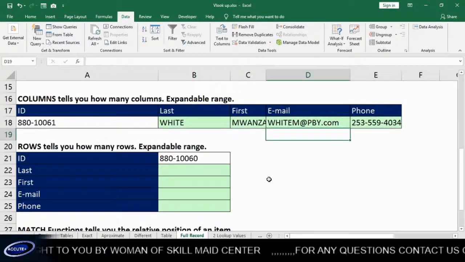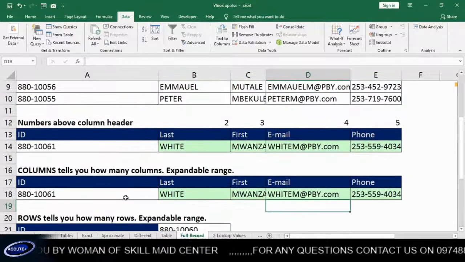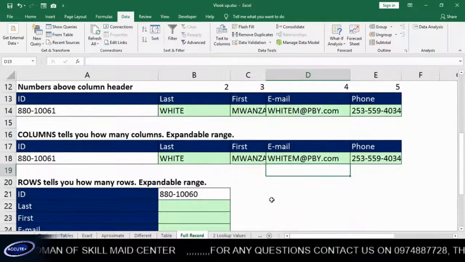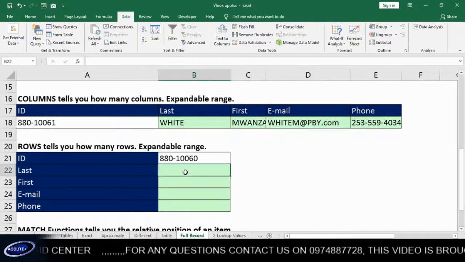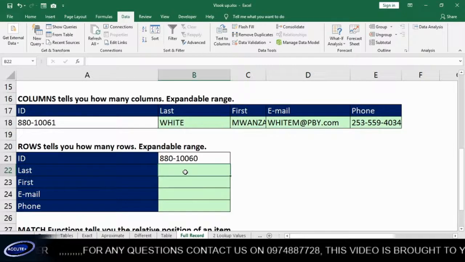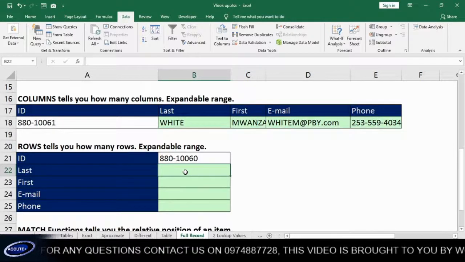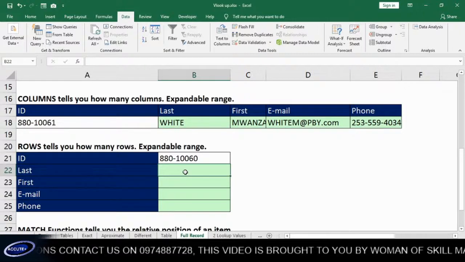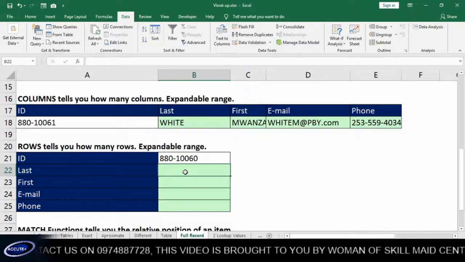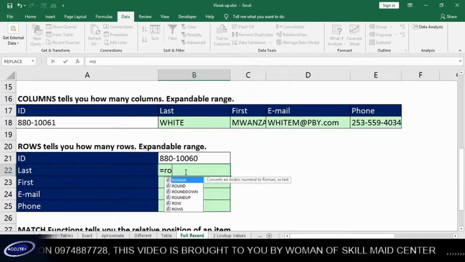Alright, now I've shown you how you can do this in a horizontal manner, but how can you do this in a vertical direction? In a vertical direction, in this case, we're not going to use columns, we'll use rows. So if I come here and say ROWS,